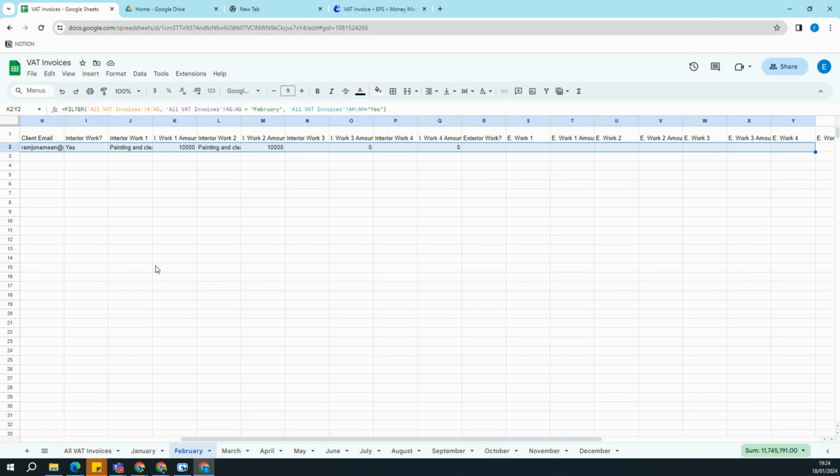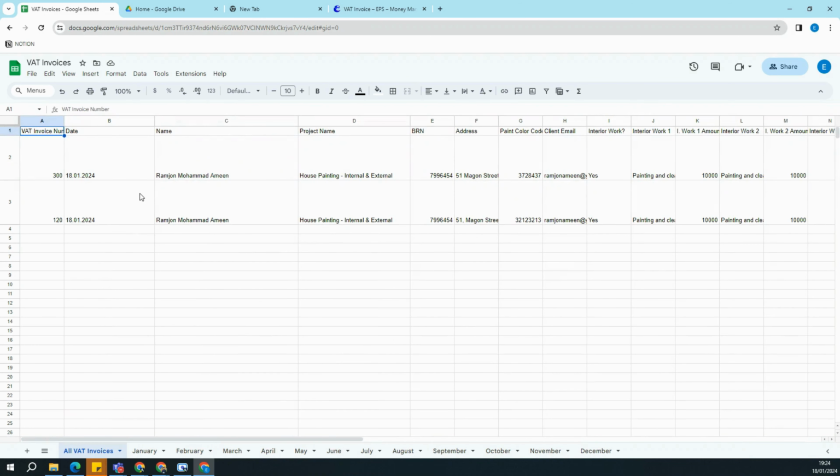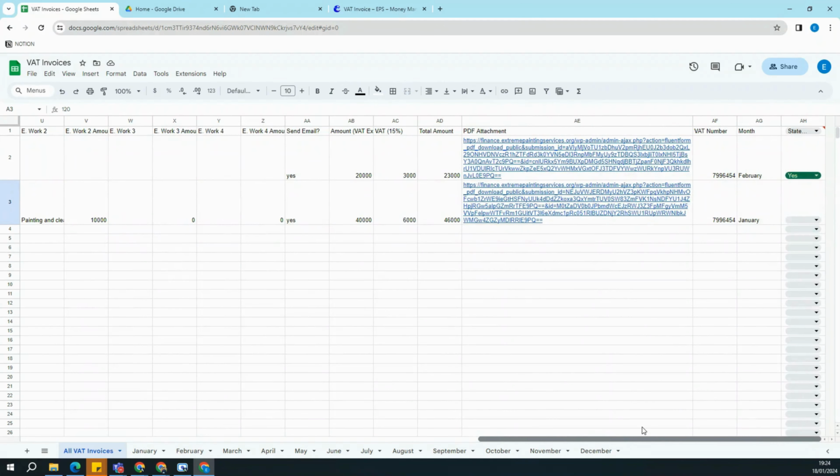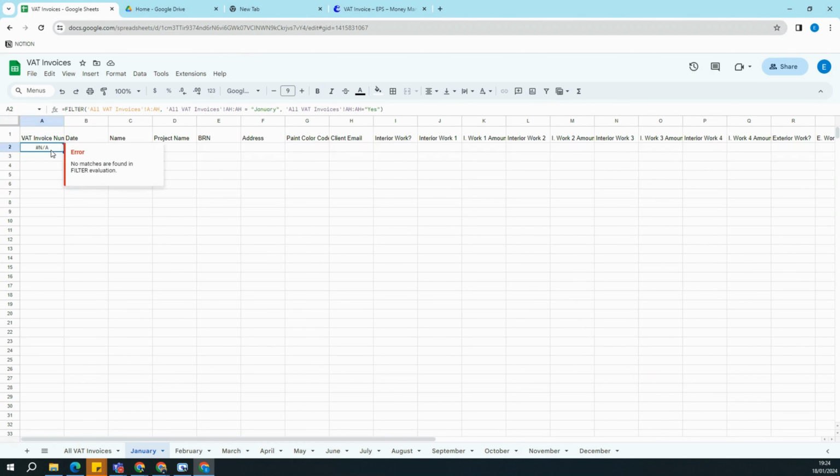It's updated the Google Sheet. Okay, it's this one. This is what we've done. This is what we've just entered there. VAT number 120, that's what I've put. Great. I'll put this as yes. Then it breaks down further. I've broken it down so that they see monthly things. So if I go to January,